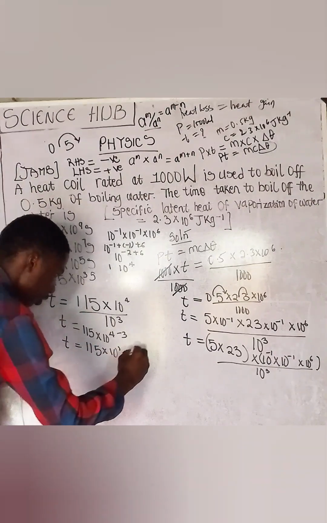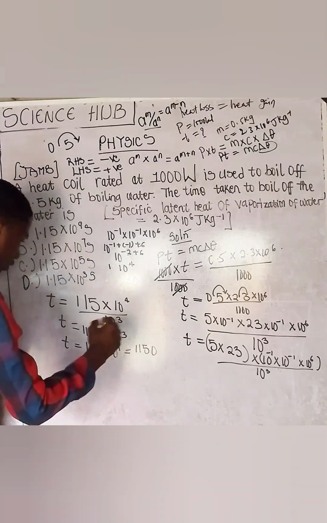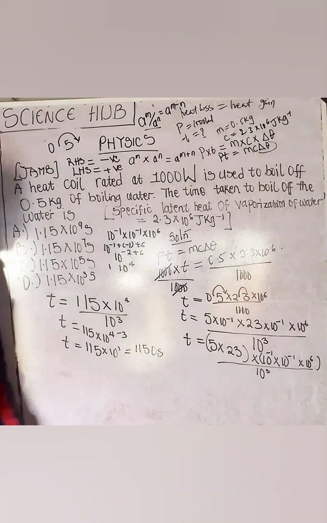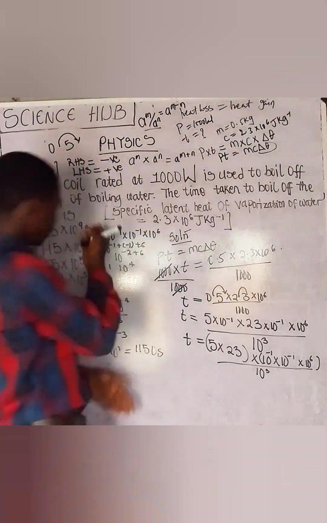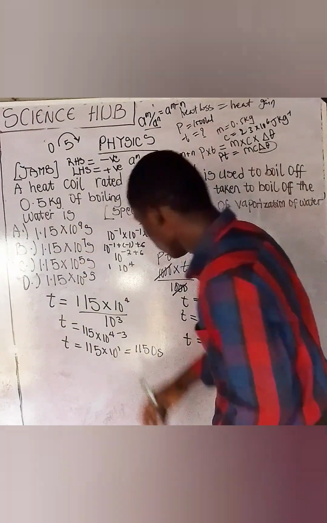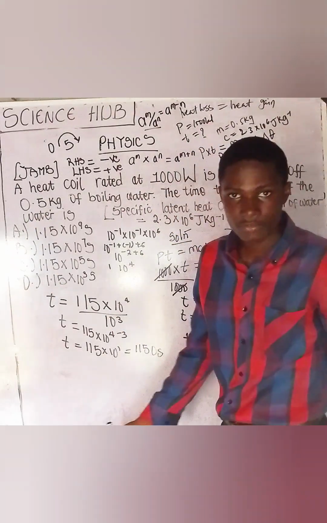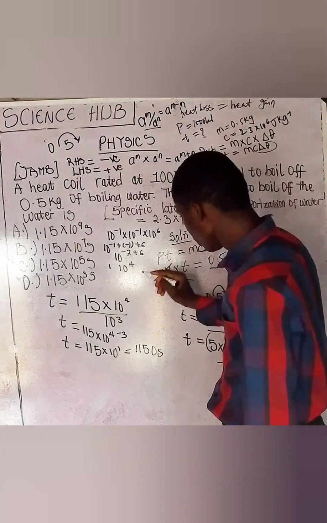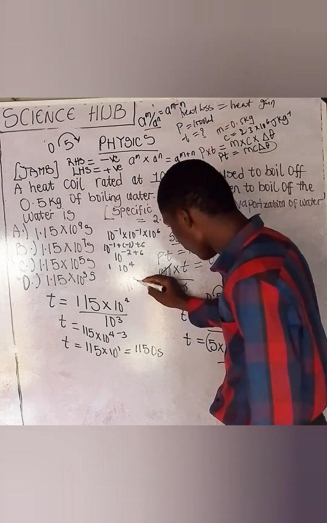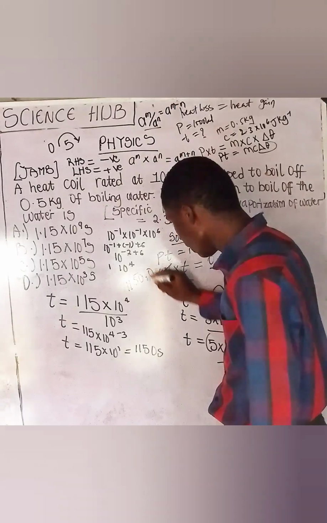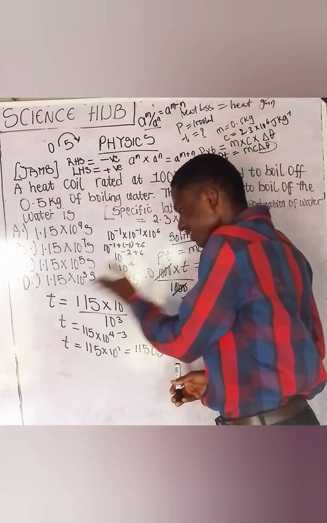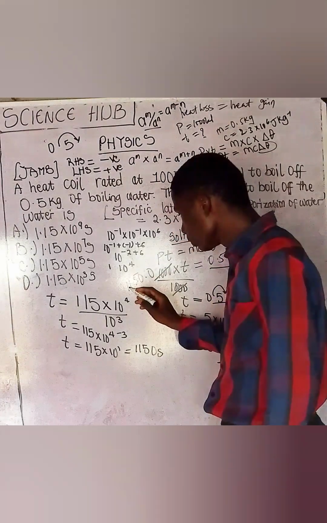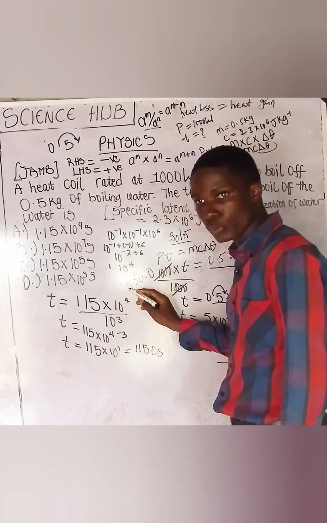So the answer is what? 1150 seconds. But behold, we cannot find such an answer in this option. The answers are given in standard form. So remember what I told you about standard form. You have to take standard form. This answer I've given you, 1150, there's always a 0.0 here, right? I showed you this is a whole number. This is decimal number. So you need to take this point to this base digit to make it standard form